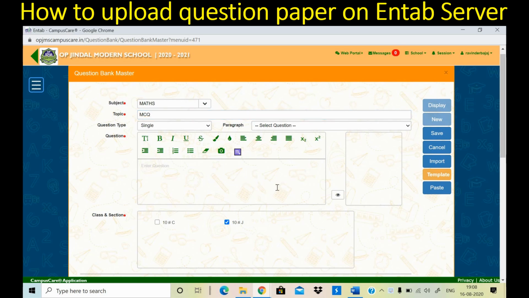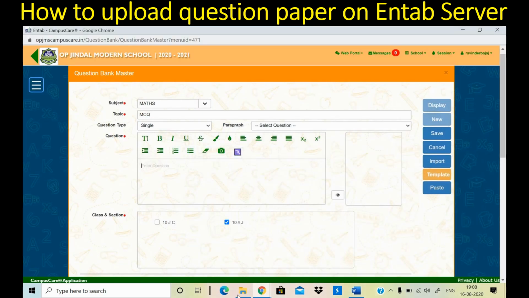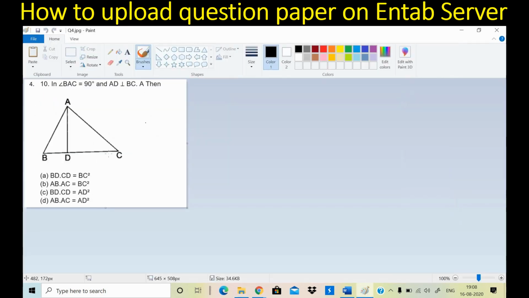But in this MCQ question, I'm inserting an image, because this question is, see, let me show you the question. This mathematics question I want to insert, drawing this diagram, giving options in which a square is there, some equations are there, etc. It is difficult, so I have already created one image for this. I will insert this image as the question, and for options I'll give A, B, C, D. Let me insert this image for you.